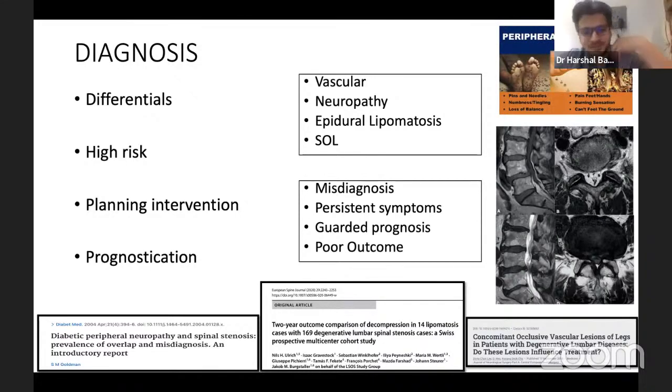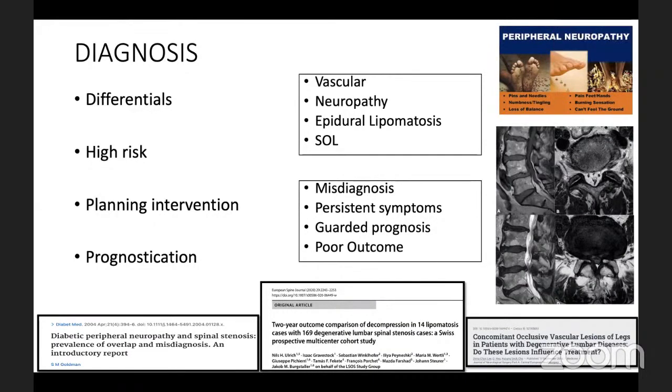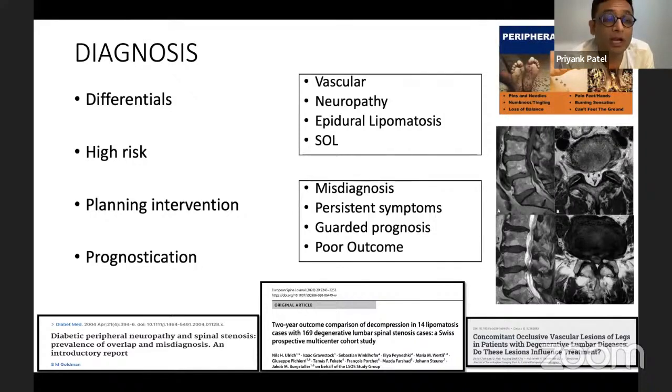Perfect. So yeah, one more with the diagnosis. Dr. Priyank. Yeah. Sir, what you said means that the features you feel while lying down are due to peripheral neuropathy, and the features due to standing and walking are because of LCS. So LCS will get better, peripheral neuropathy will remain. Correct. Okay. It is a very broad assessment, but this is what will tell the patient what will remain and what will go.